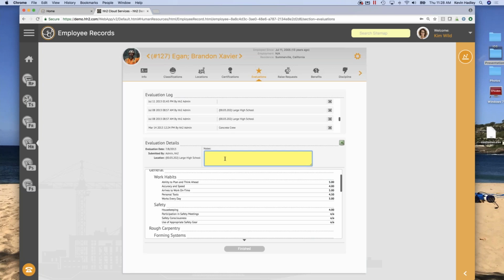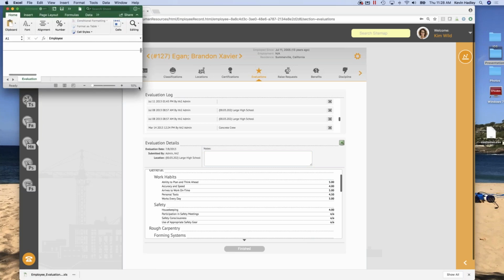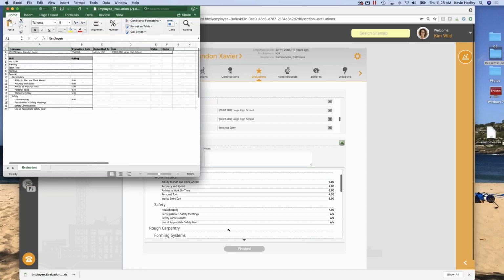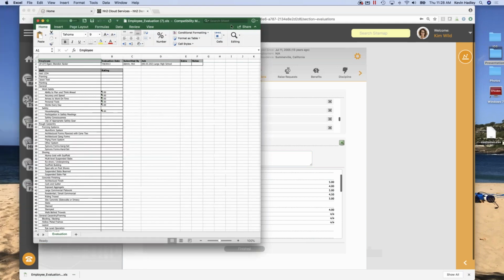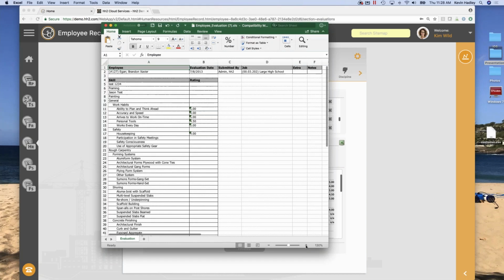As you have those, and if you wanted to ever print those out, you can print those out in an Excel format. So if I wanted to download, I just click the button there, open up that specific employee's evaluation form, and then you can kind of see that form there. Okay, pretty simple, nice little form, easy to see, easy to gain access to.